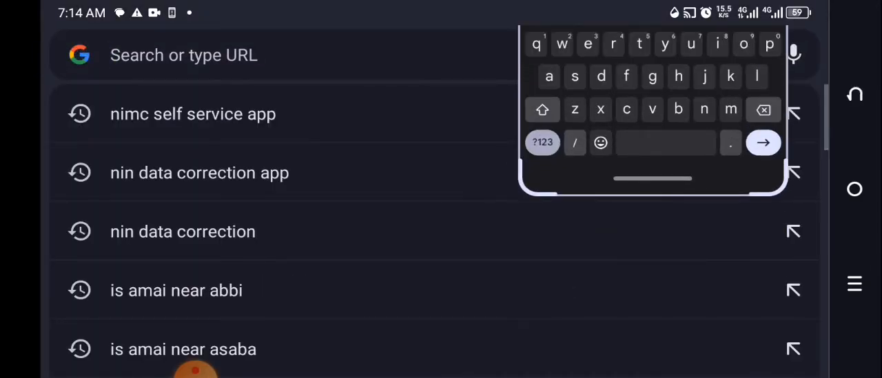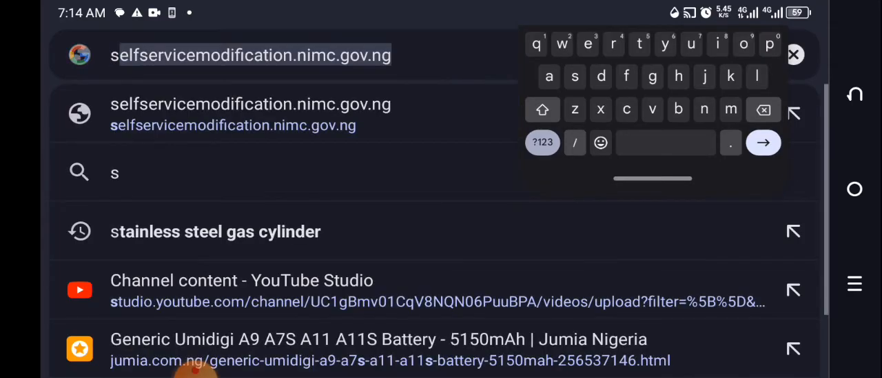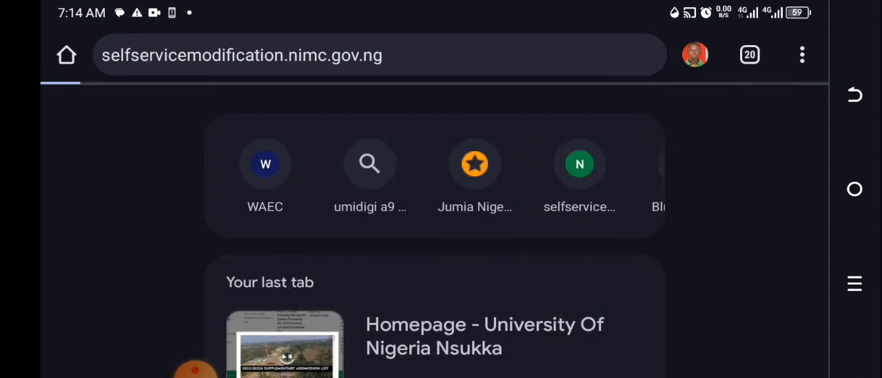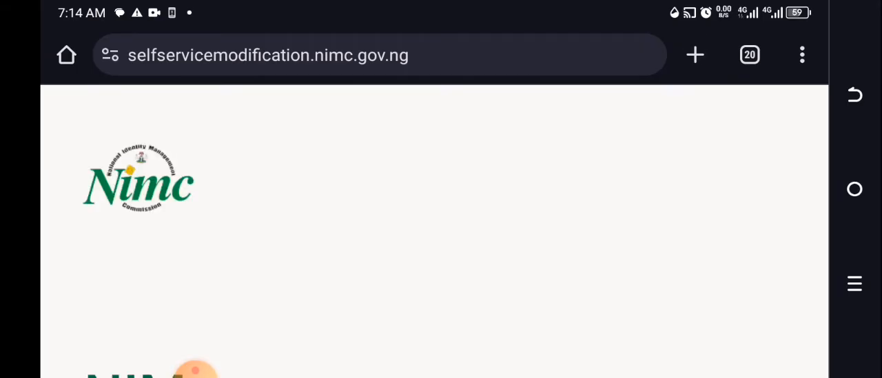Here, you type in self-service. Because I've already done it before, the link is already showing up on my phone screen, so all I need to do is to click on go. So when I click on the link, it opens up. As it's opening up for me, there's something that will happen as it's opening up for you, because I've already done mine before now. So once you type in this link and you click on go, and it loads up for you,